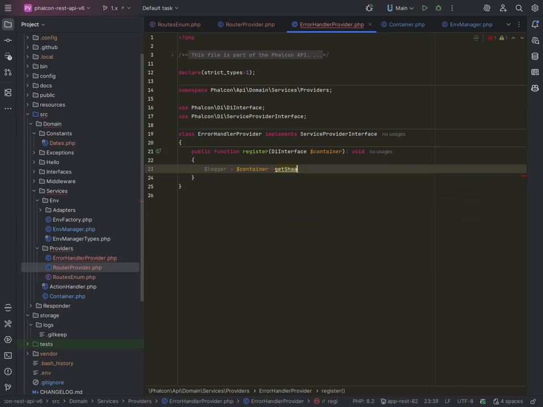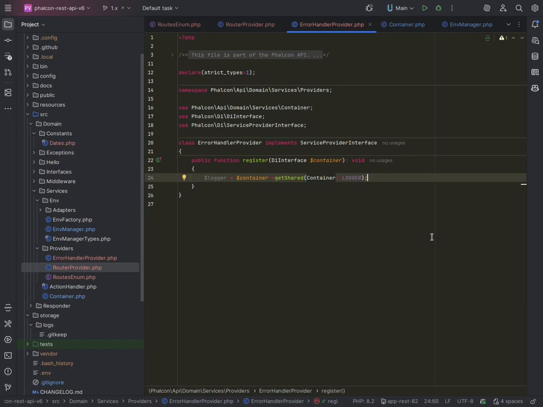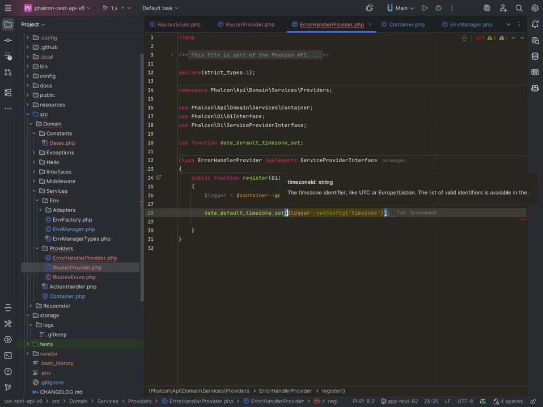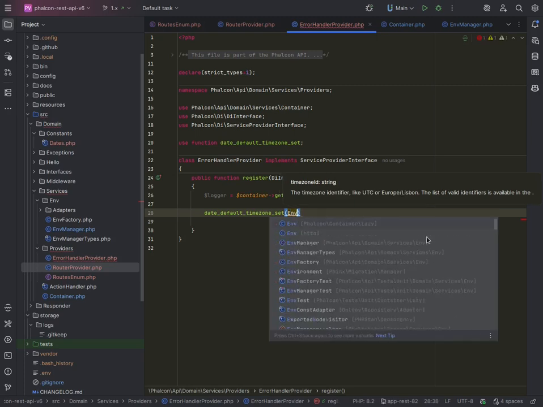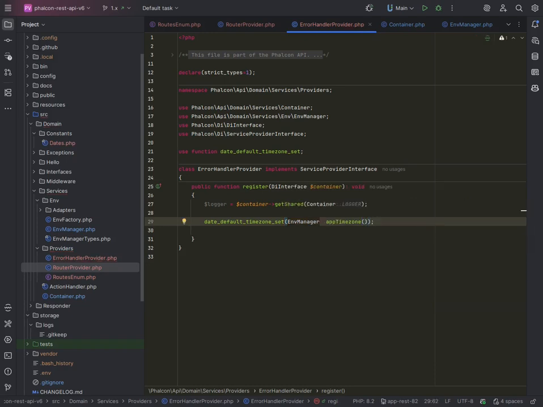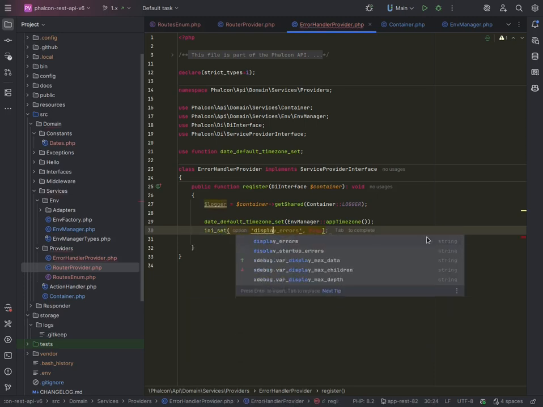Get shared, and then again container logger. Now we need to set the time zone. This with env manager app time zone, and now we need to do ini set display